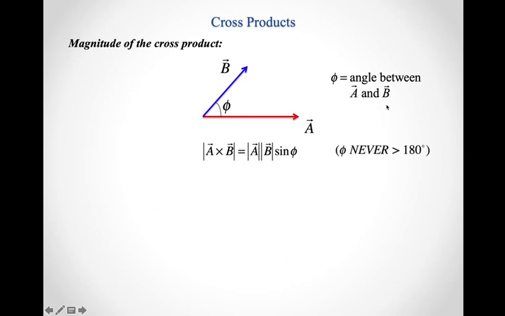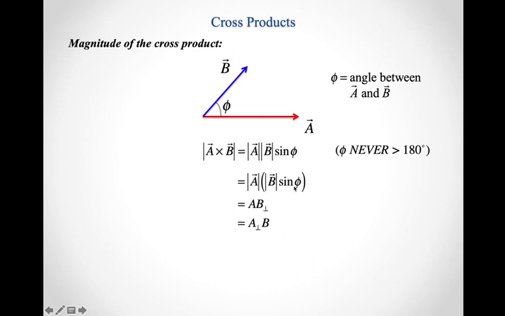And so one of the things that we want to emphasize here is that phi should never be greater than 180, right? We always want to define the angle phi, draw in the angle phi as the shortest distance between my two vectors A and B. But once I do that,